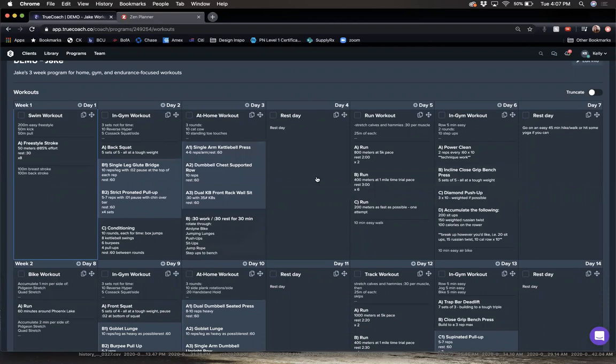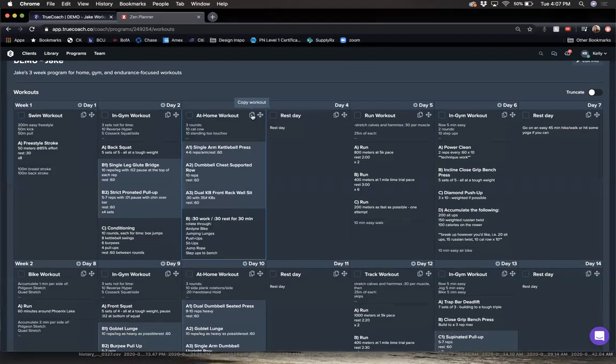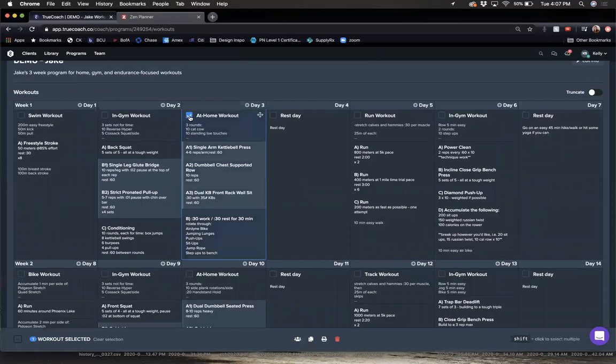He's got these workouts. At any time, I can move workouts by toggling here. I can copy a workout and I can paste it somewhere else. Here, if I want to add anything to a day, this little plus on the day that already has something is where I can paste something. I'm not going to do that to mess with this program. You can also click the checkbox to select, and then you've got these options here to like copy, trash. You can hold down shift and select multiple things,